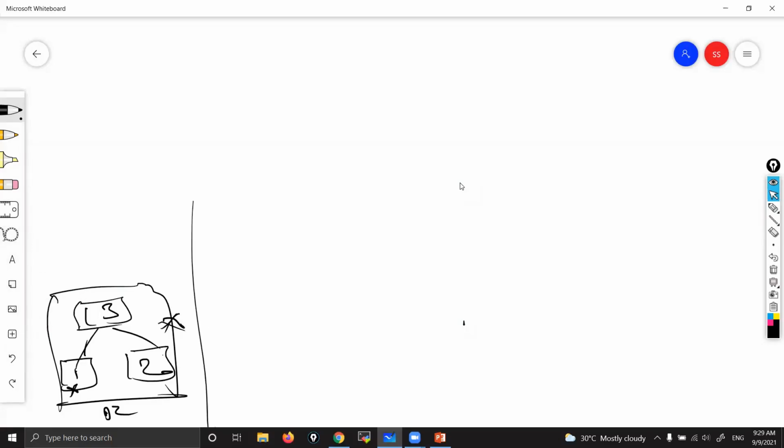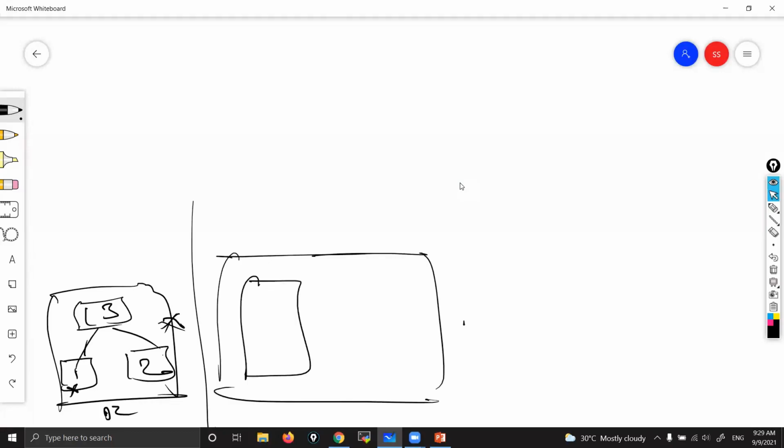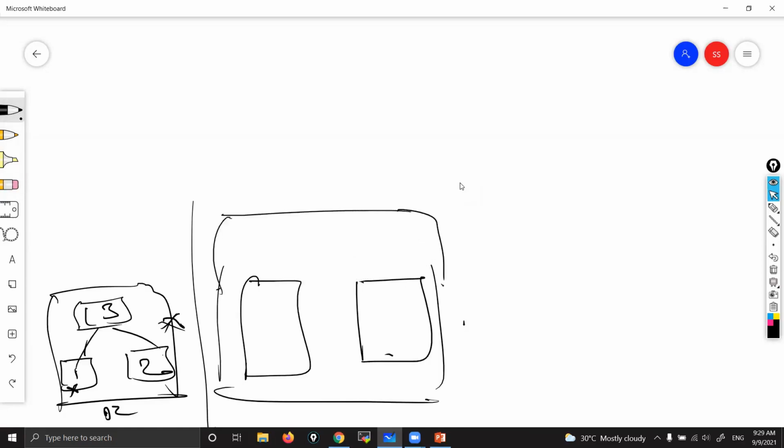Okay, so now let me take one region. This is a region. In that we have 2 availability zones, availability zone A and availability zone B. Now I have one web server here, one web server here. So what you can do, you can have a load balancer here also. That means you can attach the load balancer to servers which could be in the same availability zone or in other availability zones. That's what we have seen in auto scaling.